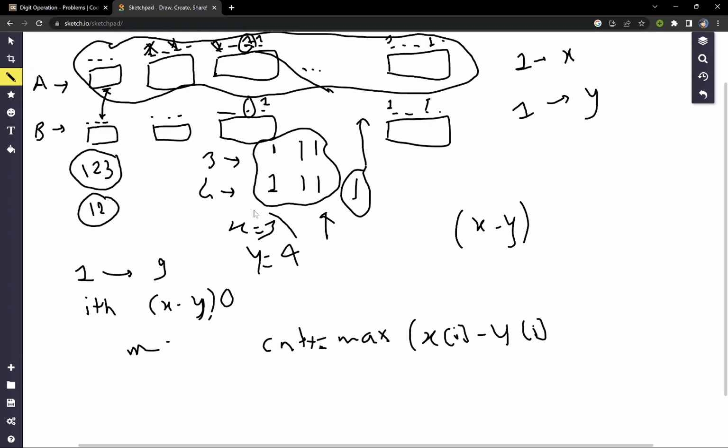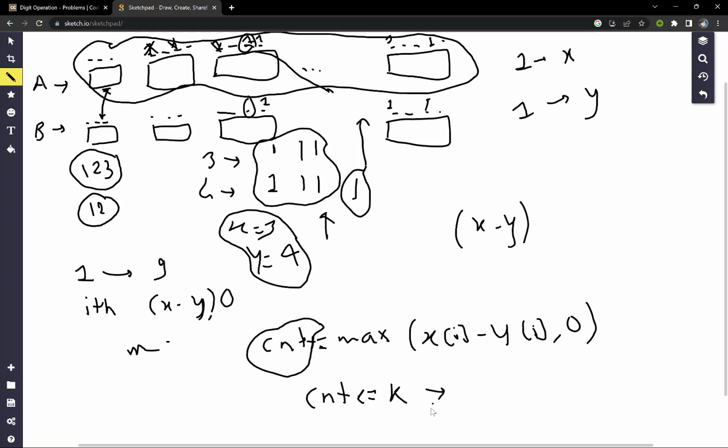So here we do not have any operation of type 2, so it will be 0: maximum of x_i minus y_i and 0. And this number is the count of type 2 operations we will require. So we just have to check if the type 2 operations we have is less than or equal to k. In this condition we will print yes, otherwise we will print no.